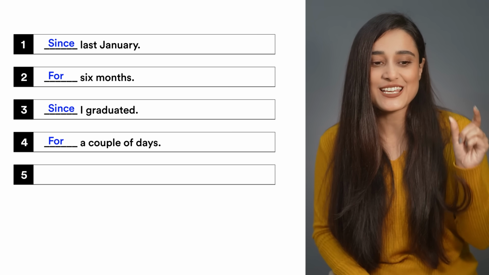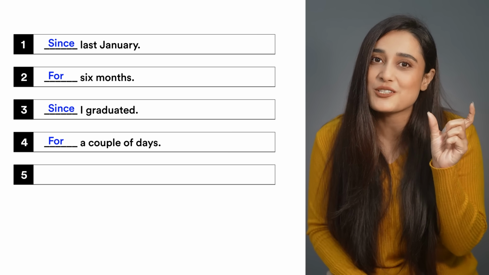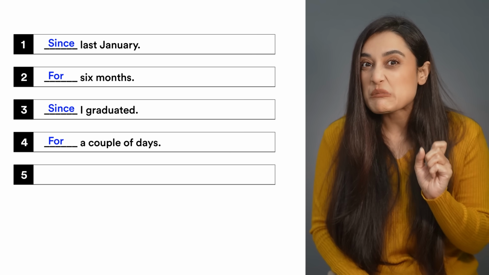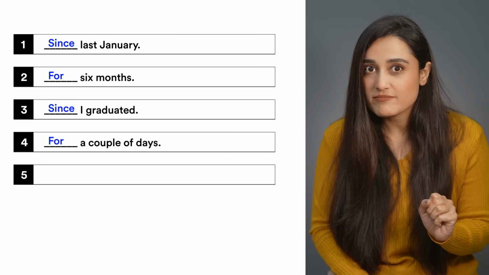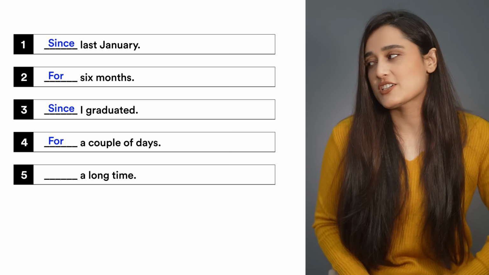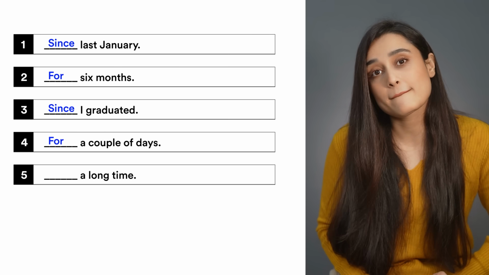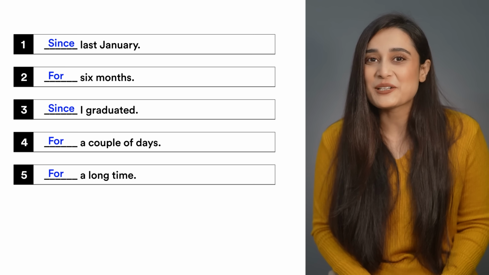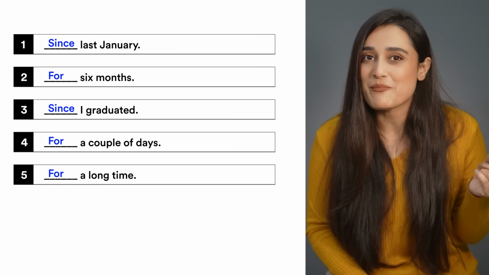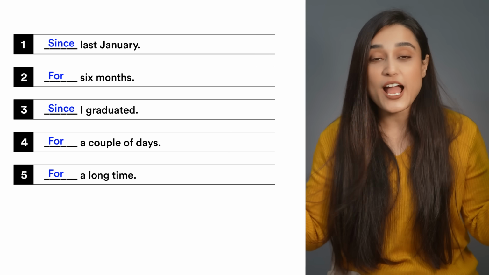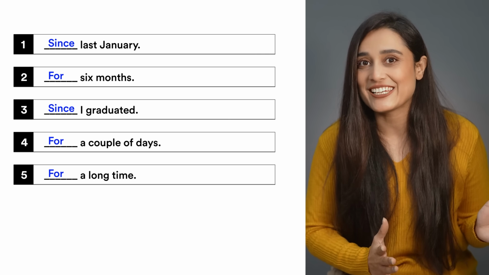A couple of days is a quantity. We're talking about a duration, okay? And now comes the hardest one. Are you ready? Number 5, ___ a long time. For a long time, because a long time is a measurement of duration and not a date on the calendar,